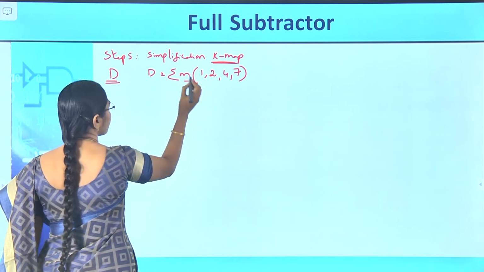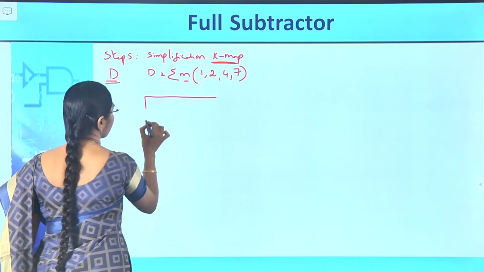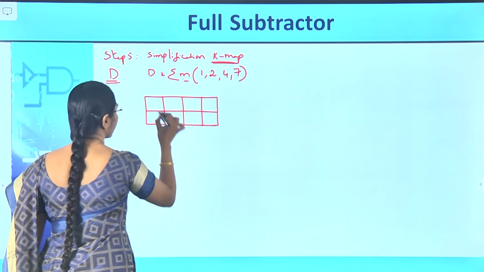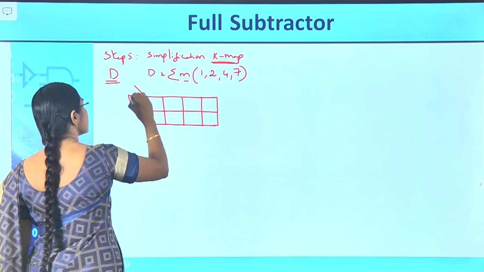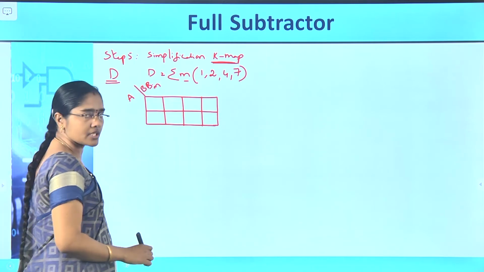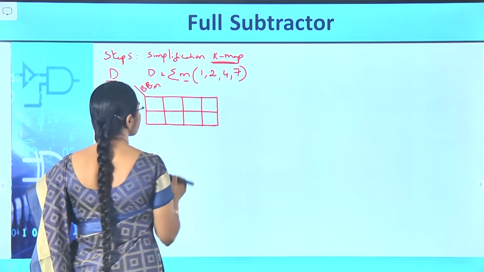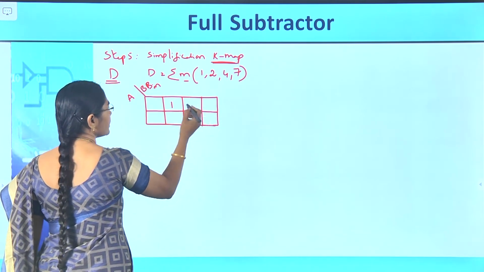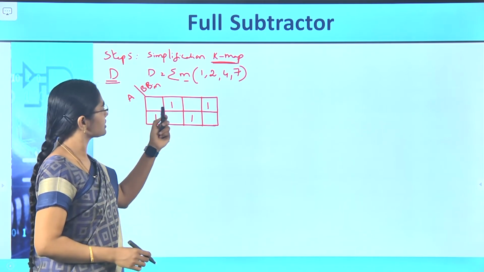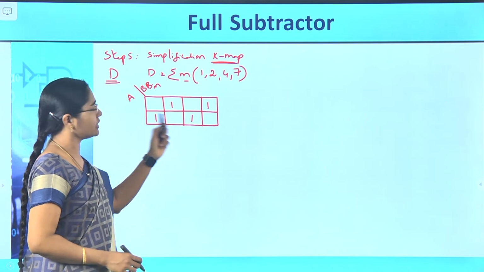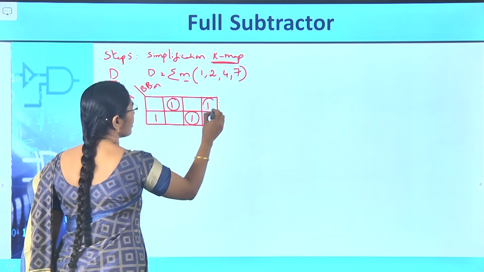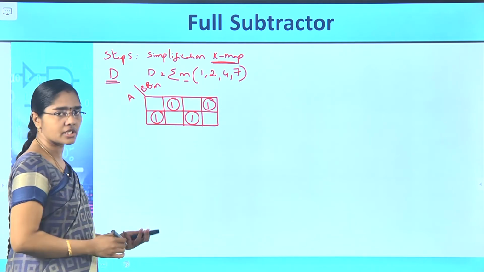So it is of 3 variables, therefore we need to take the K-map of 3 variable diagram. 3 variables are as A is MSB, B, Bin are next bits, and here existing terms are 0, 1, then 2, then 4 and 7. Okay, the existing terms, min term 1, 2, 4 and 7. So since these are like this, no grouping is possible, all individual terms we need to write.